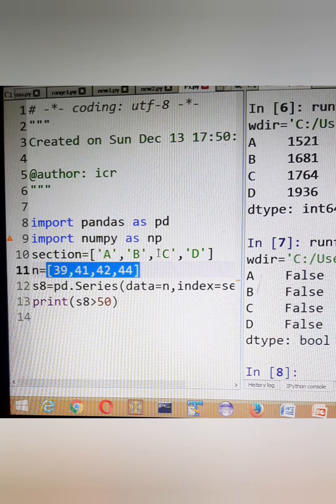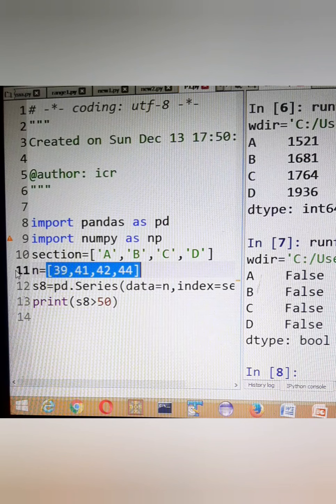All of them are less than 50. So the answer will come out to be false. So if you are using any logical or relational operator like greater than, less than, or anything, you can get either true or false.